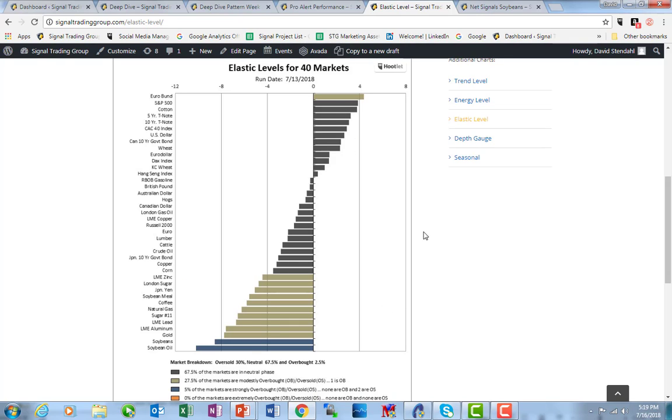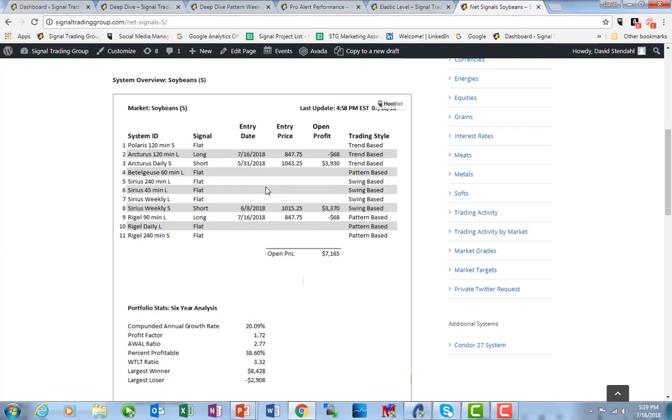So what does this mean for our systems? Well, what we're looking at with today's action, we had two systems that went long. We had been short, a daily bar system and a weekly bar system. So they're going to take a little while to adjust to the market and be able to reverse positions. That's a weakness to daily and weekly bar systems. The advantage that we offer, at least the way that I go about doing things, is the ability to have multiple systems trading different trading styles in different time frames.